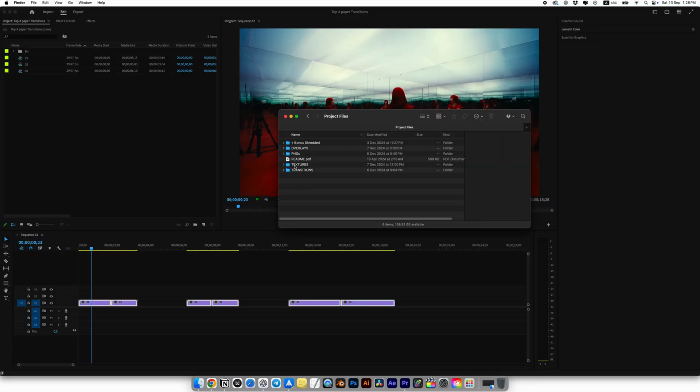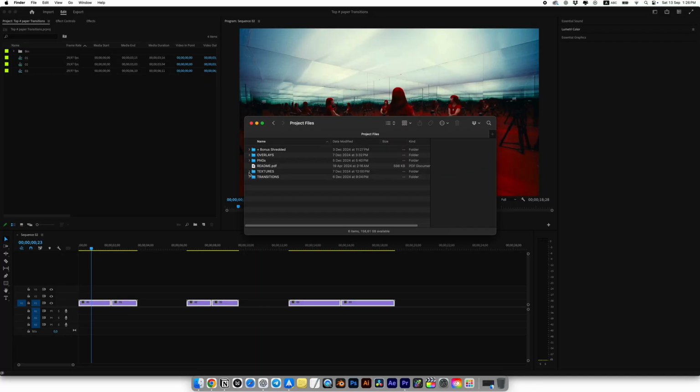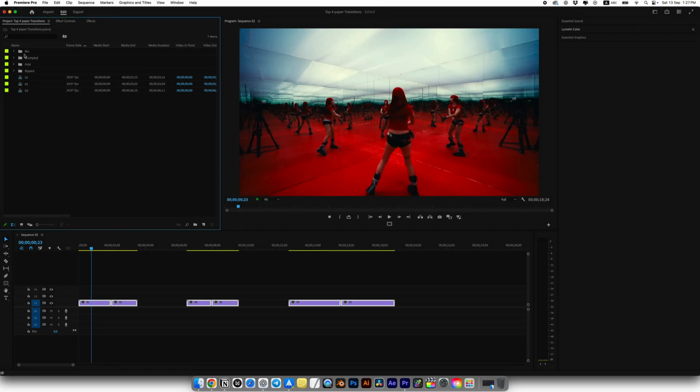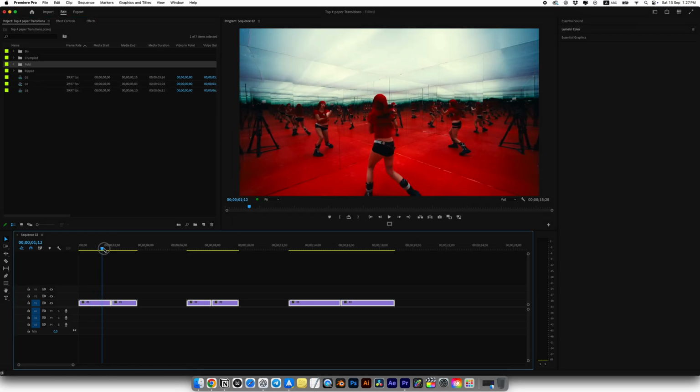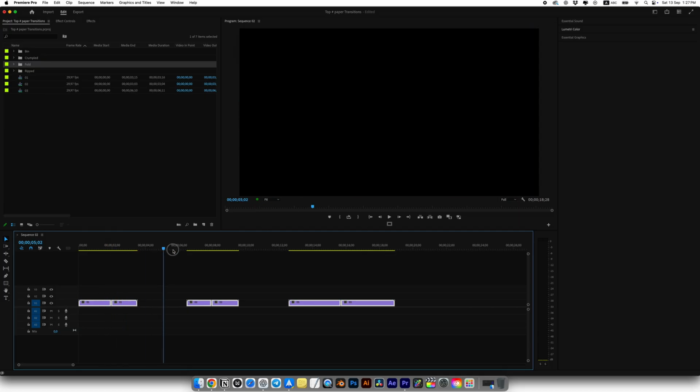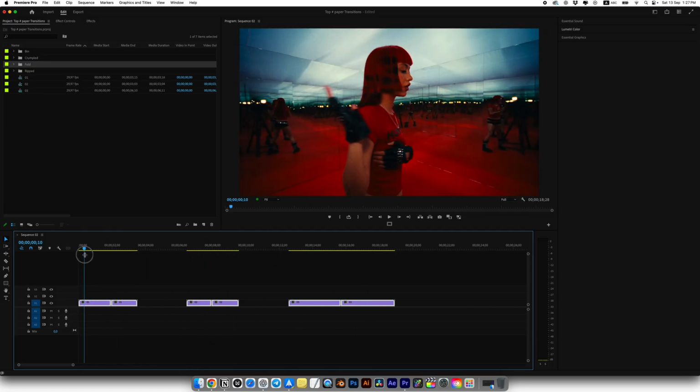So I am already in Premiere Pro, and as I said before, I'll be using our paper project. You can use similar assets you already have or download the free materials I'll be using in this video. By the way, I'll leave them below this video. Let's open the transitions folder, select all 3 folders and simply import them into the project. As you can see, I already have clips on the timeline for this tutorial, so let's go to the first